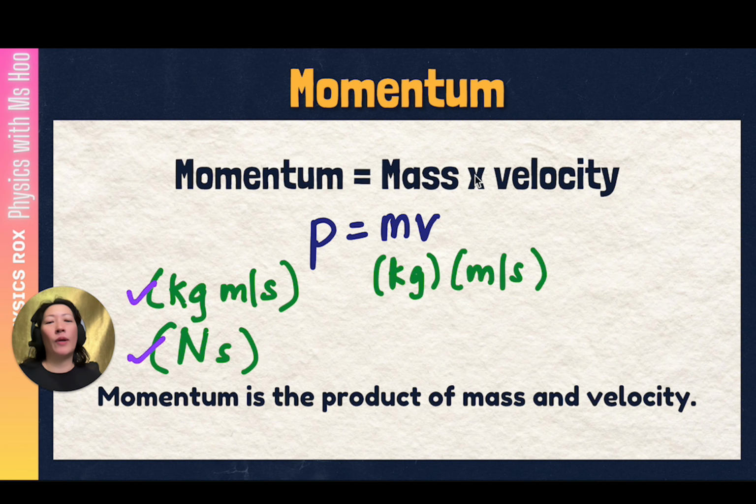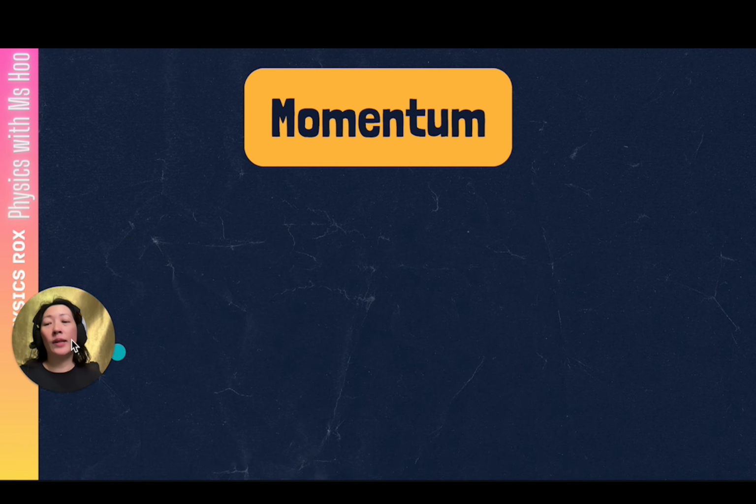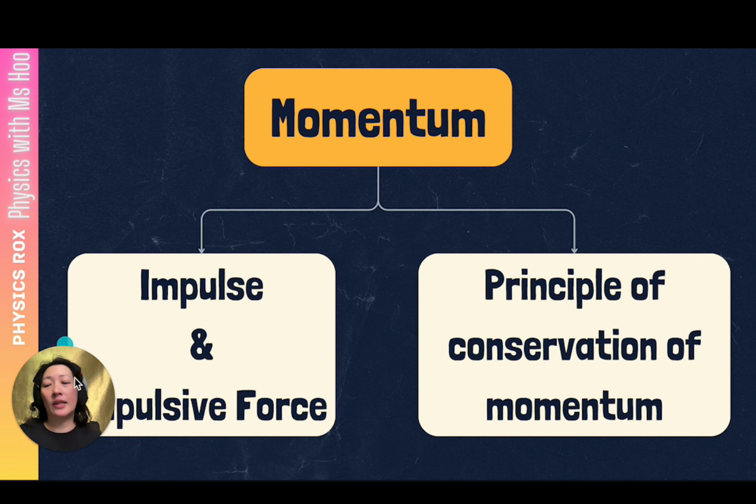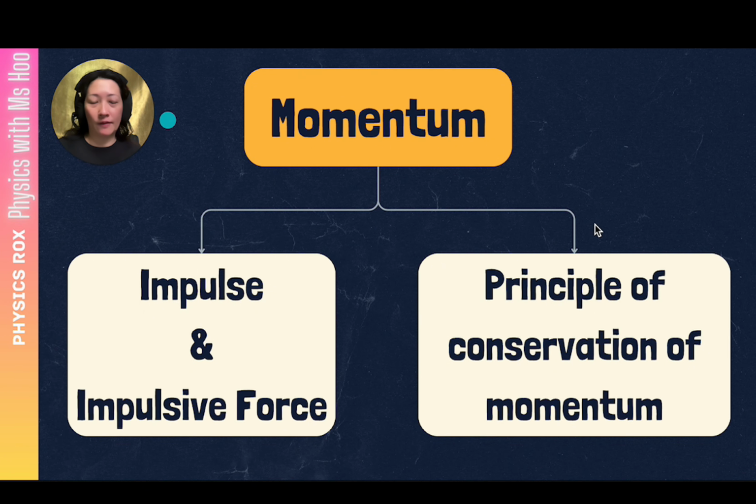But if you look at the equation, you're wondering, okay, mass times velocity, what is it? A lot of students have a hard time understanding what it is. So don't try to understand what it is. What we need to understand about momentum is what it's used for. When it comes to momentum, you will need to learn about momentum from two main concepts. We will need to learn it in terms of impulse and impulsive force, as well as the principle of conservation